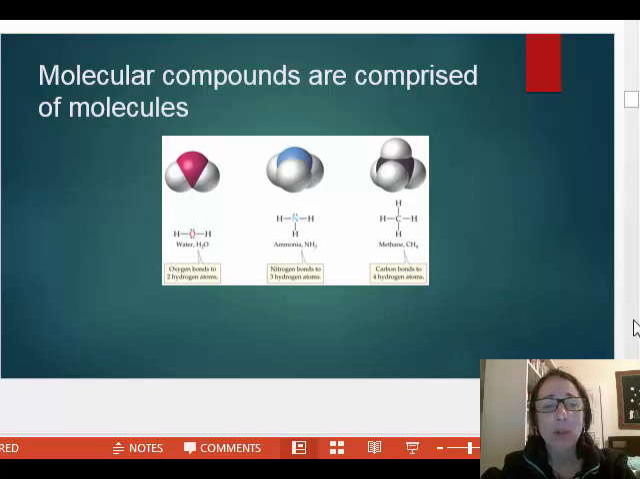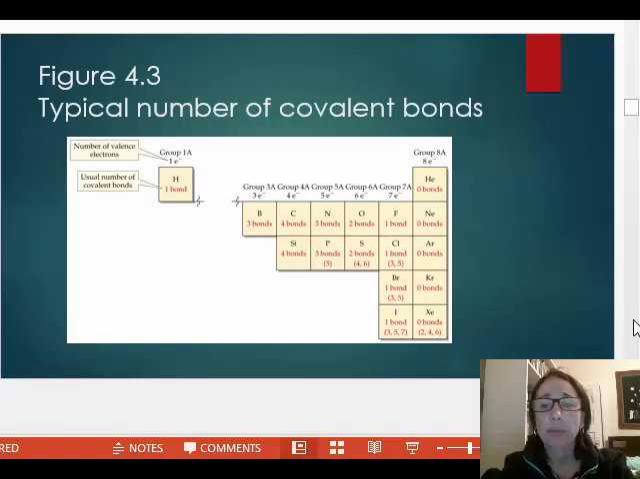This graphic from the textbook, figure 4.3, summarizes the typical number of bonds. Hydrogen and fluorine always have 1 bond. Boron tends to have 3 bonds, but can have 4, while carbon always has 4 bonds. Nitrogen tends to have 3 bonds, oxygen tends to have 2 bonds, fluorine, I said, only has 1 bond, and